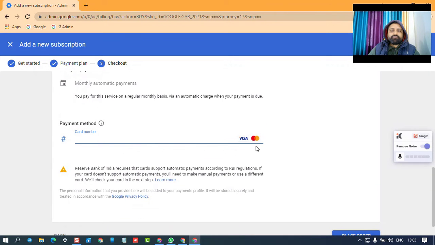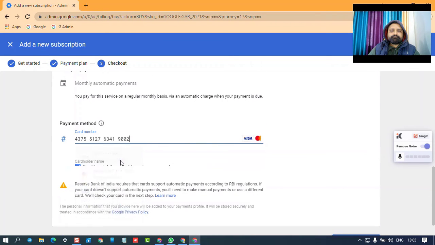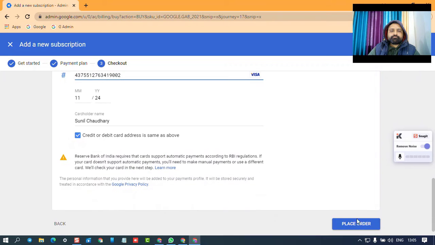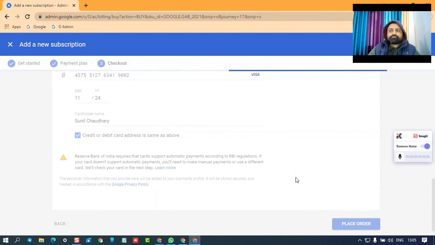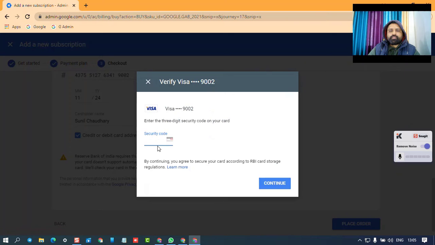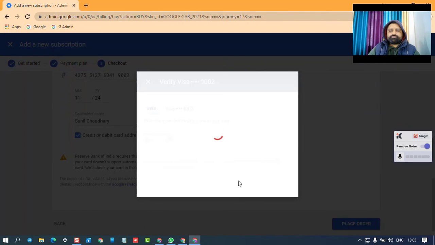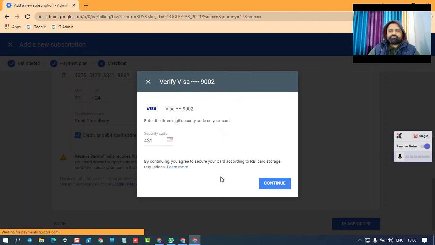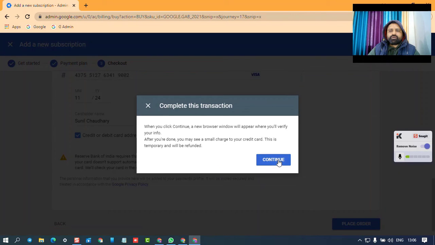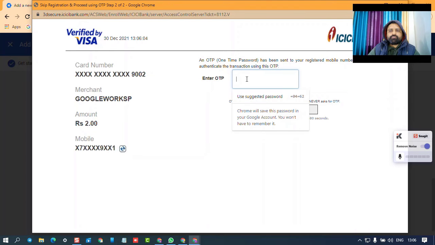And here you can give your card details, place order. Here you can type your 3 digits code. Continue, OTP,